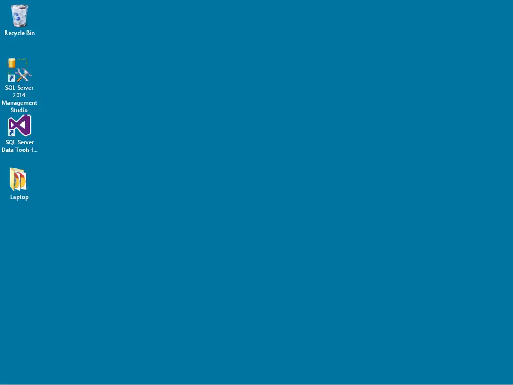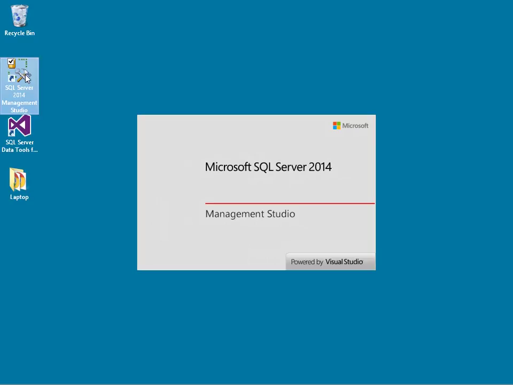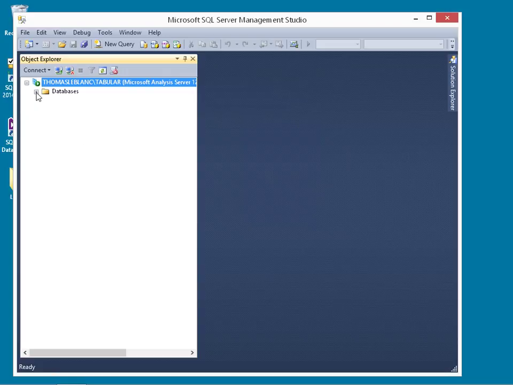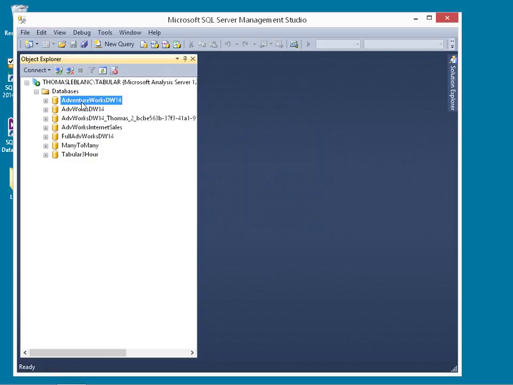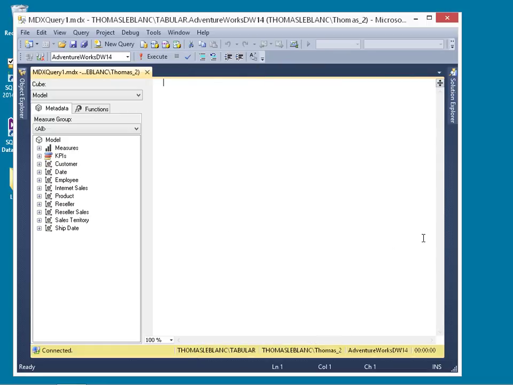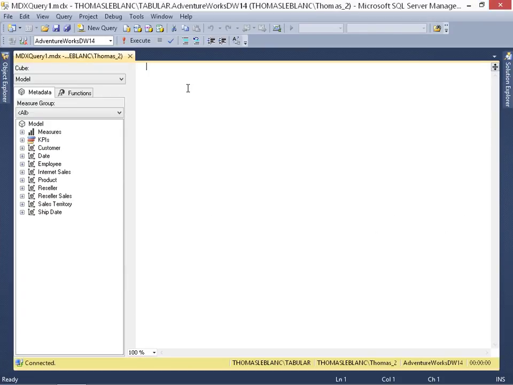So now let's look at a demonstration of using the DAX syntax. First, we'll launch SQL Server Management Studio. Here, we're launching it from our desktop as an icon, but you can launch it through your Start menu, and then we'll connect to our default instance for the tabular model. Next, we'll go to the database that we want to query, which is our AdventureWorks DW14, and we'll create a new query. Let's hide the Object Explorer and maximize our screen